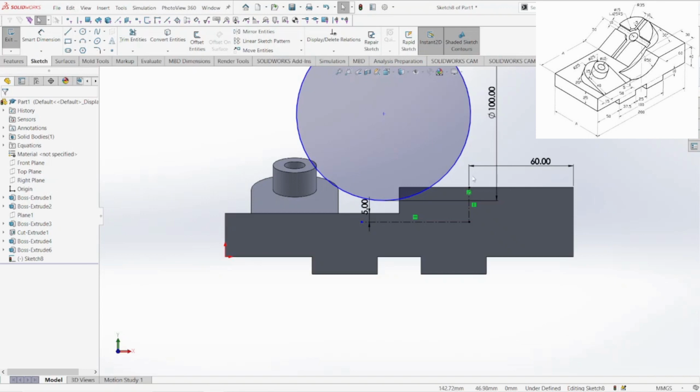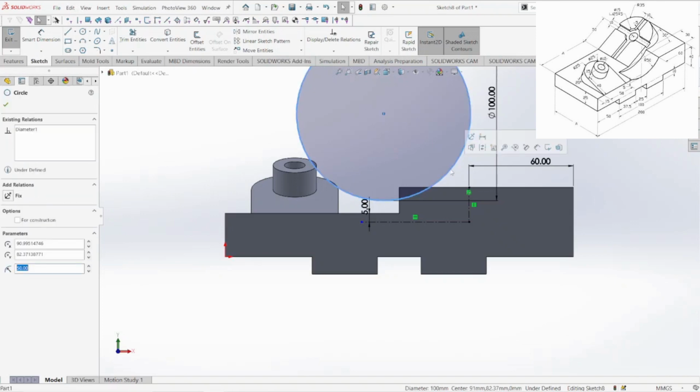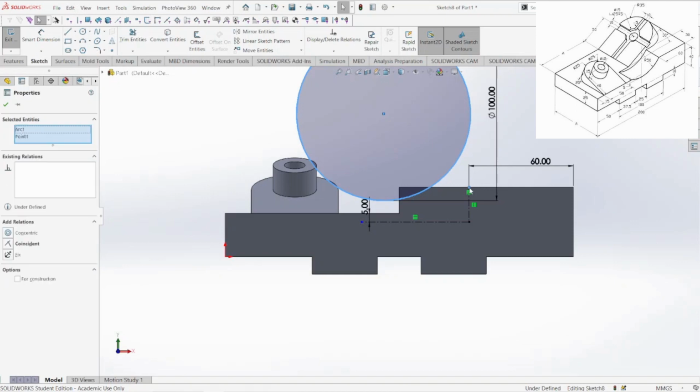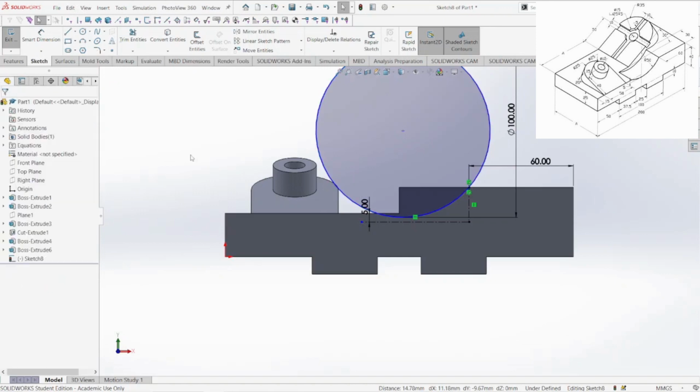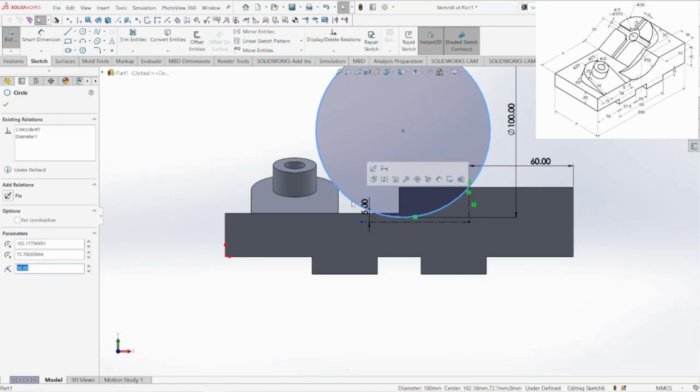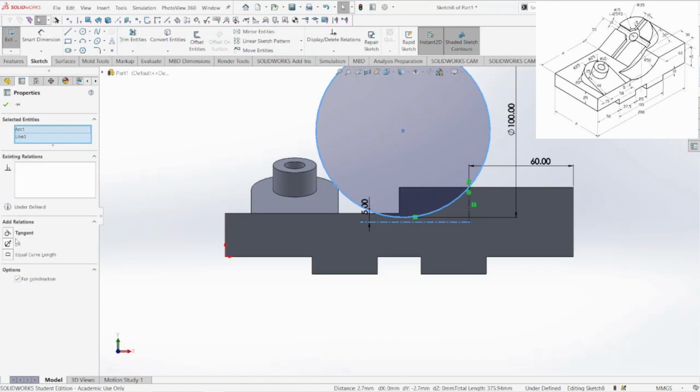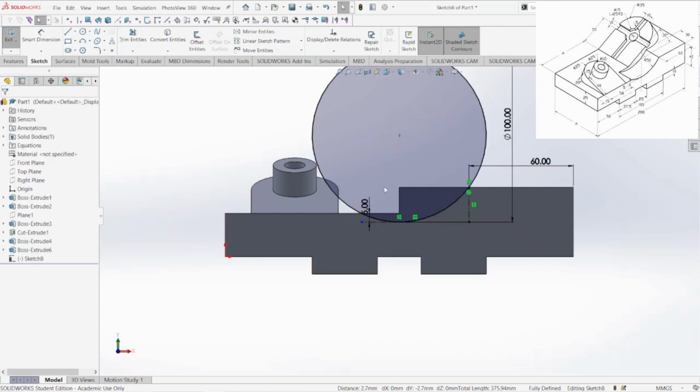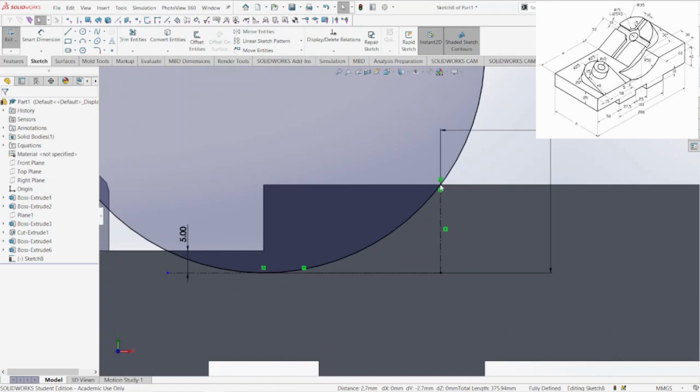And I will put a relation between this circle and this point. Click the circle and then hold the control button, click the point, and then put a relation coincident. Next, again, click the surface, hold the control button, and then click this line, click tangent. So we have this circle stick to that point and